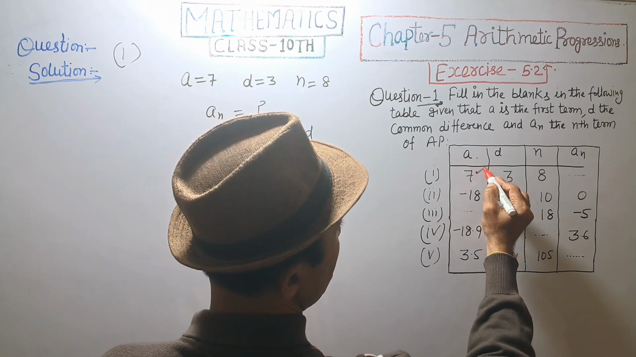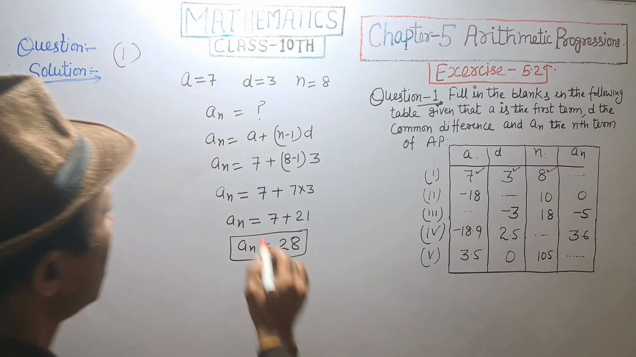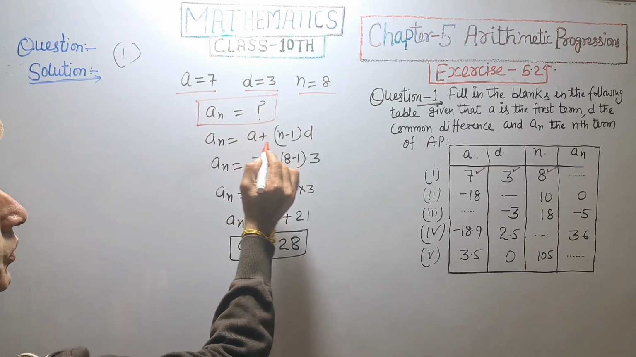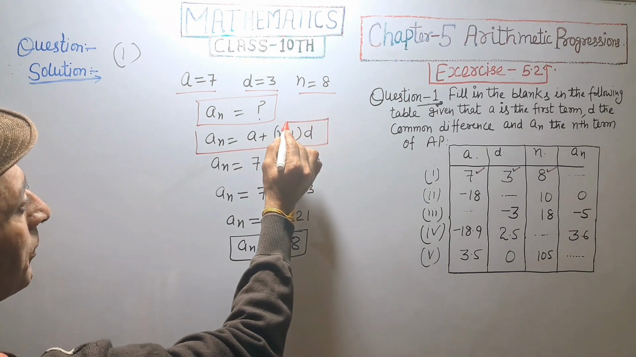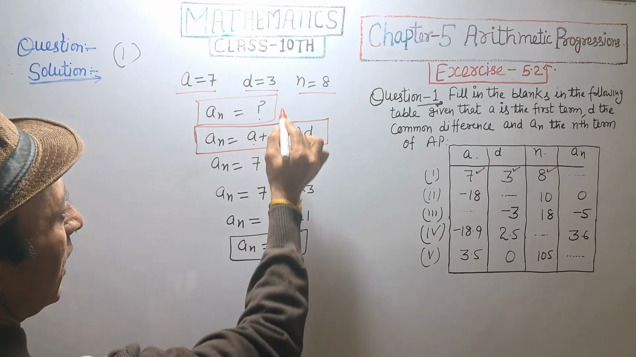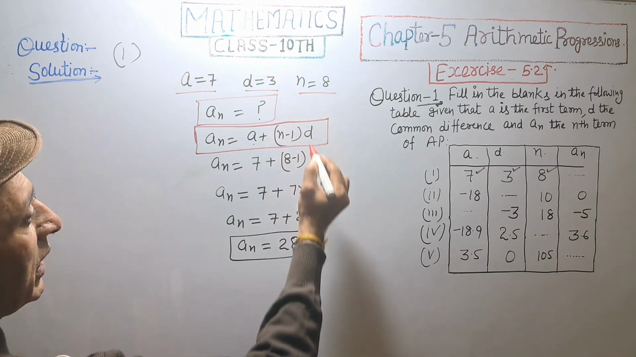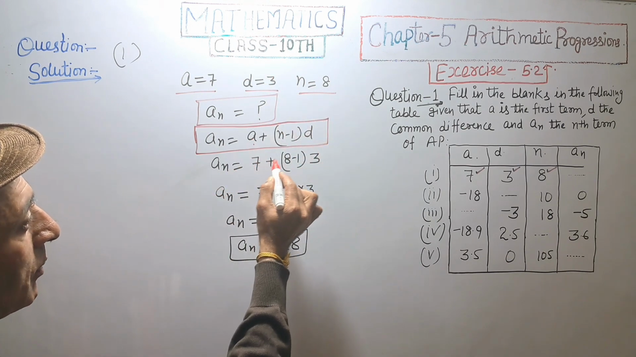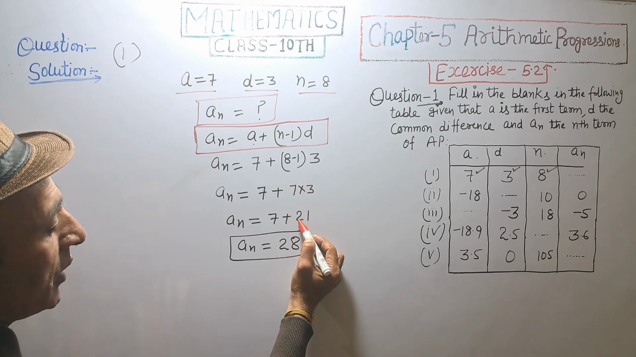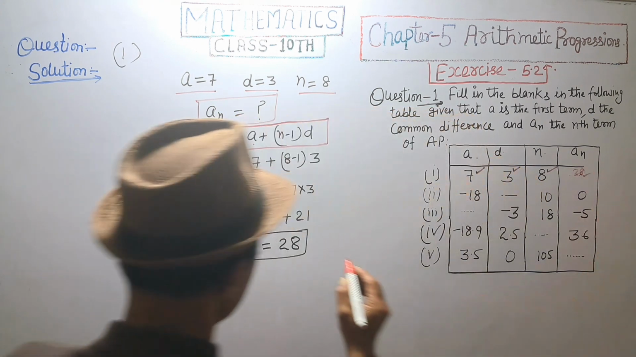Given a is equal to 7, d is equal to 3, n is equal to 8 and we want to find the value of an। a is given 7, d is 3, n is 8 and an is equal to, as we know that an is equal to a plus n minus 1 into d। Put a is 7 here, n 8 minus 1, n is equal to 8, 8 minus 1 multiply by d 3। an is equal to 7 plus 8 minus 1, that is equal to 7 and 7 multiply by 3, 7 3s are 21, 21 plus 7, that is equal to 28, 28 answer।